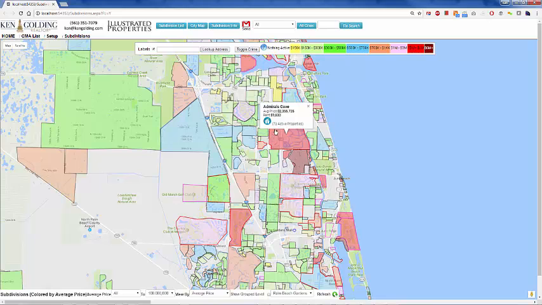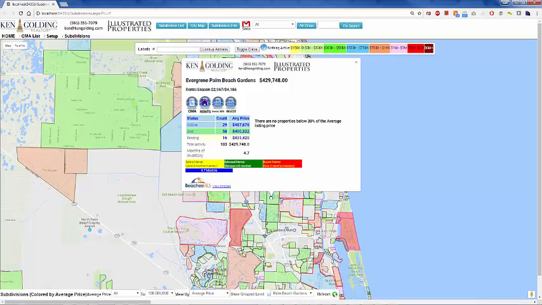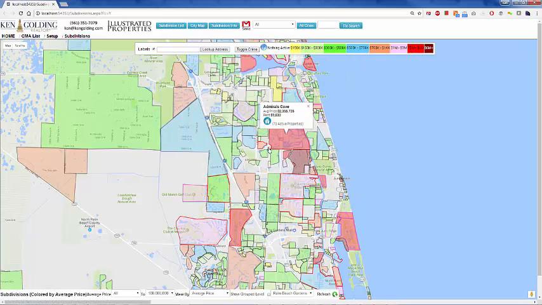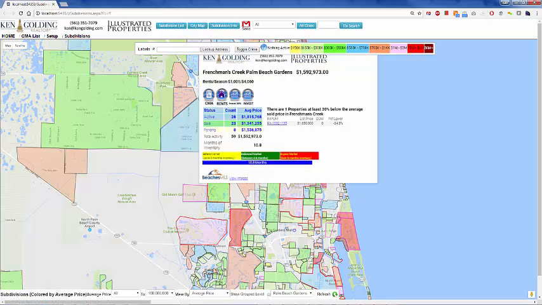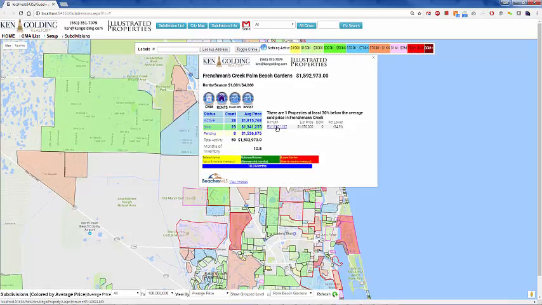You'll notice that some of these subdivisions have a red border and some have a pink border. Whenever you click on any subdivision, you're going to see a pop-up that tells you what's going on in there, along with how much inventory there is for that subdivision. Each of these buttons will open a separate report for that subdivision. If you see a red line, that's telling you that one of these properties is below the average price. Now, we're still working on the algorithm for that, but it is actually pointing them out. So if I actually open up that,